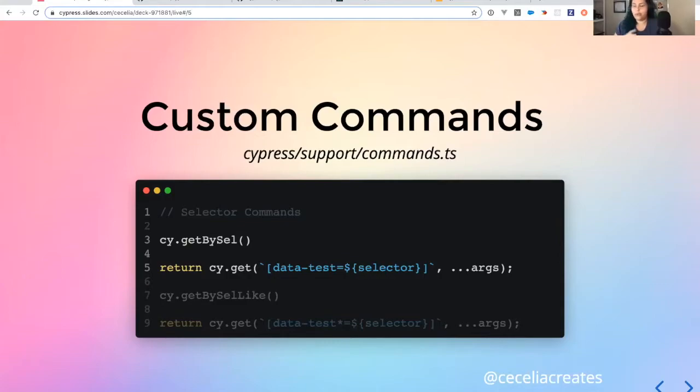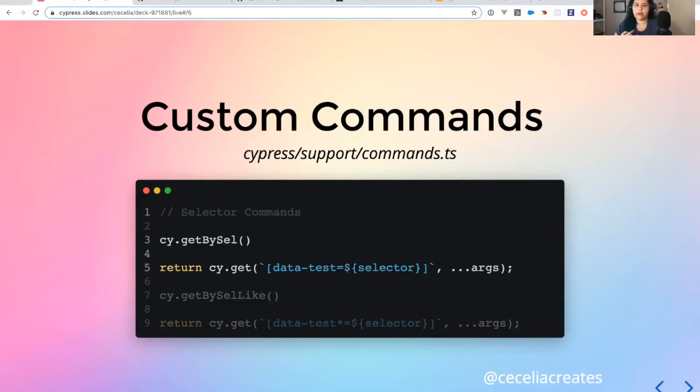Two that I would recommend using in your own app are cy.getBySel, which stands for get by selector, and cy.getBySelLike. I didn't include the entire function, but essentially what this command does is it allows you to use whatever the data attribute is that you have set for your HTML. One of the best practices for Cypress is to use data attributes on your elements to query, rather than necessarily trying to query from a class or an ID or some kind of arbitrary text. If you have access to your code base and you're able to set it up this way, using either data-test or data-cy,